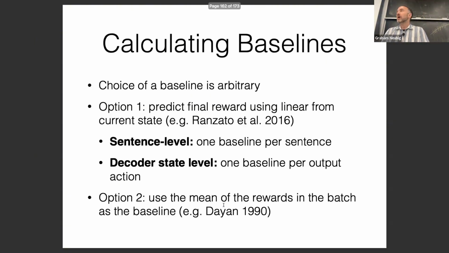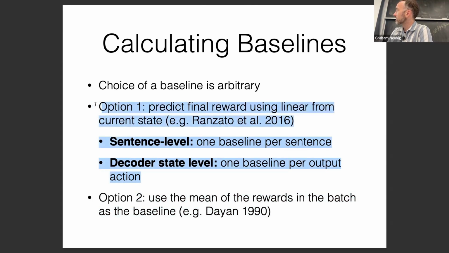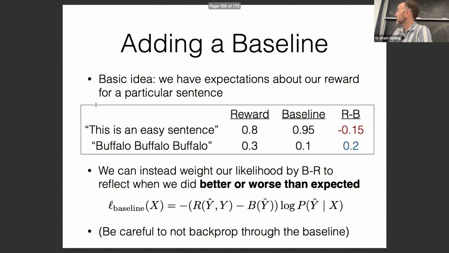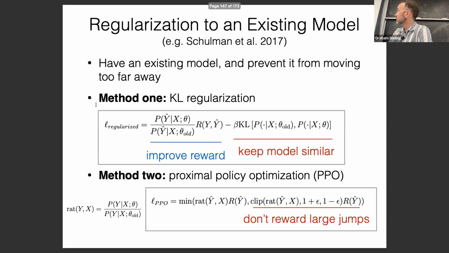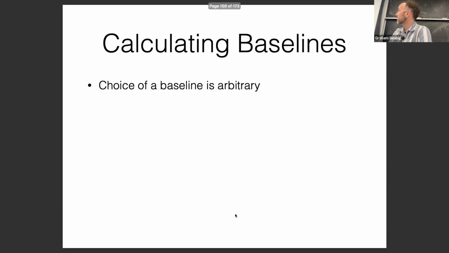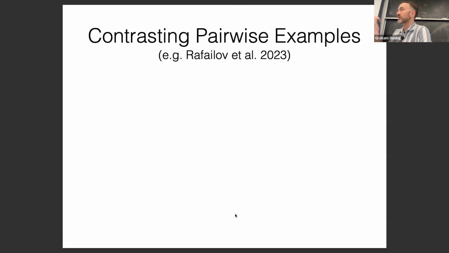Cool. Any questions about this? Yeah. Yes, so this is still used pretty frequently today. This is used a little bit less frequently. I think it's actually more effective, but more complex, so people don't use this as much. Another thing is if you're training using something like this sort of policy gradient, baselines are rather important. If you're using something like DPO, which I'm going to talk about in a second, it's not as necessary anymore. So I'll talk about that.